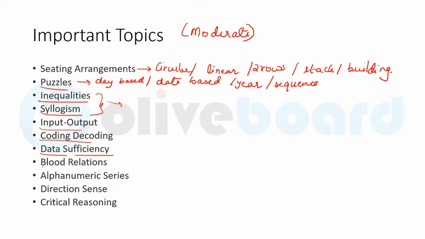Apart from that, please prepare blood relation based questions of your family tree. तो blood relation questions अच्छे से prepare करो family tree पे based, that is you will be expected to make a family tree, and then maybe 3 questions are asked from the same, right? So blood relation can be a part of your syllabus again.